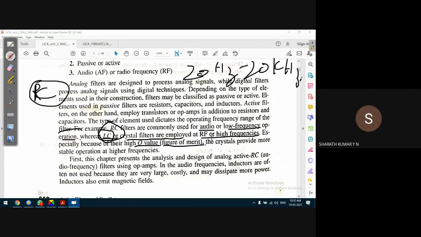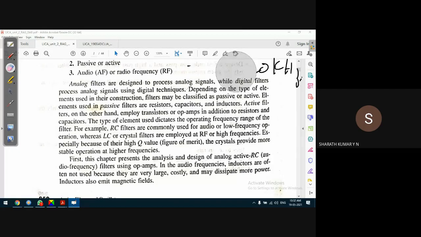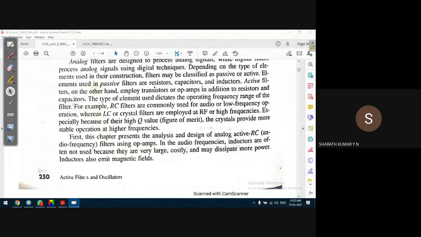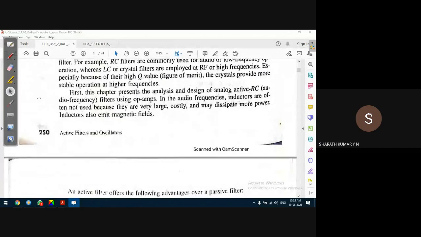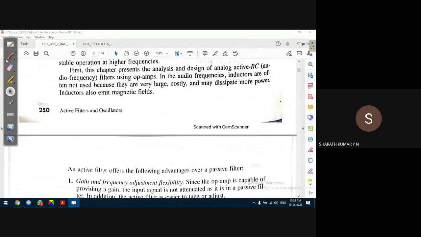That parameter will affect the filtering operation. The crystals provide more stable operation, and crystal filters are more stable at higher frequency operation. Okay, fine. RC active RC in the first unit. So in the audio frequency range,